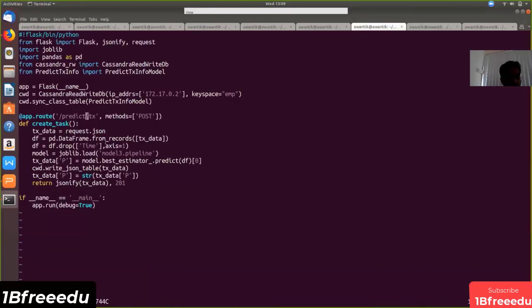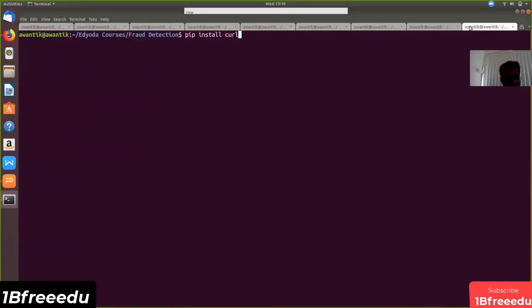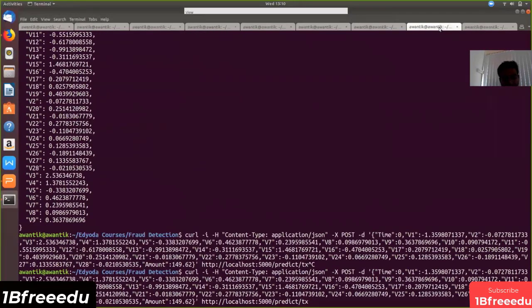Remember, you have to get rid of the time column. That's what you did. First, you converted the JSON content into a data frame, getting rid of the time column, loading the model, and you're using the best model for doing the prediction. And once the prediction is done, you are altering the dictionary, and finally writing into the Cassandra database using the write JSON table. Okay, let's see this happening. And once you are done with everything, you're sending the entire data to the requester. This particular guy will get this data. This is how I'm sending it now.